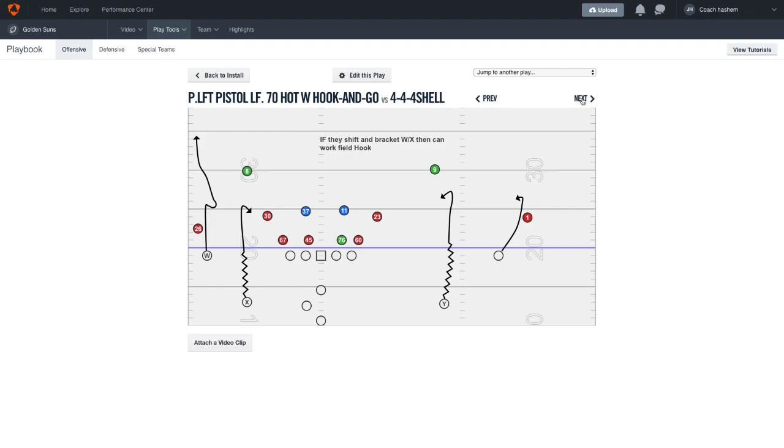Hook and go. One way play. You guys, hey, if they bracket over here, we're gonna work over here. Why be ready? Look at this. This is like how they cover it. Like we might do this and be like, man, we should just throw it in here. But